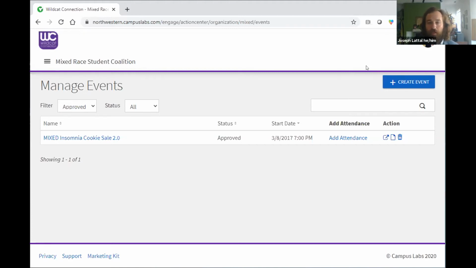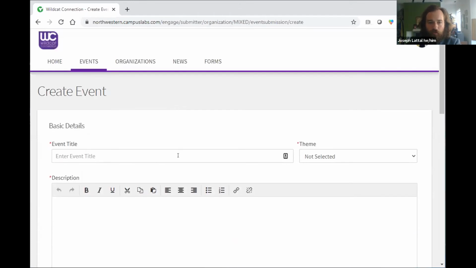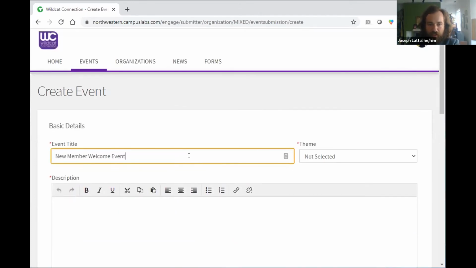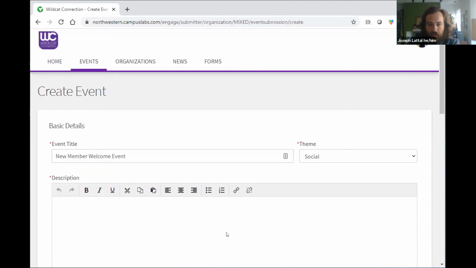Okay, so this group just got back up and running for the first time in at least a year or two. So that's why we don't see a whole list of old events. But I'm going to create an event. And I'll just do a very quick walkthrough of this. Let's say new member welcome event. This is going to be a social. And then